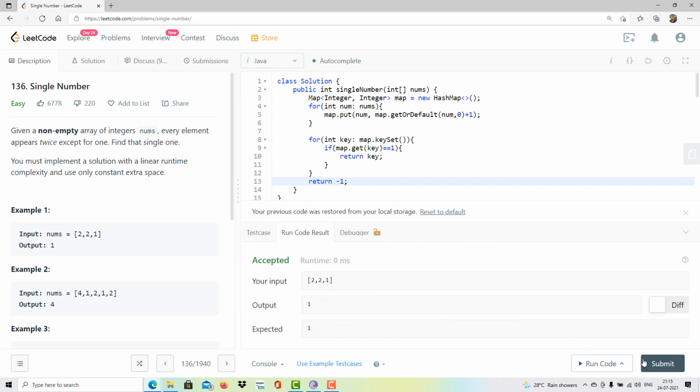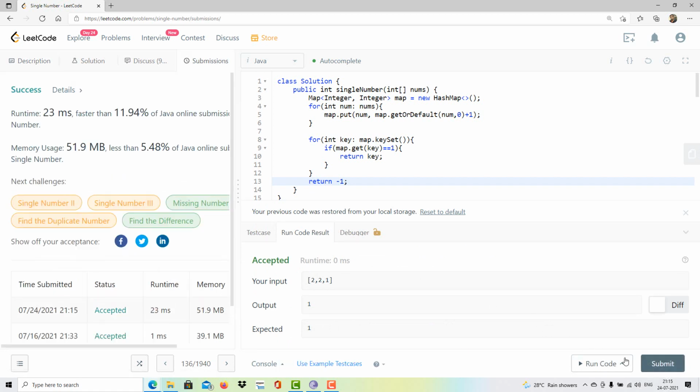Okay, it worked for the basic test case. Let's submit it. Yes, it ran for the entire set of test cases. Okay,